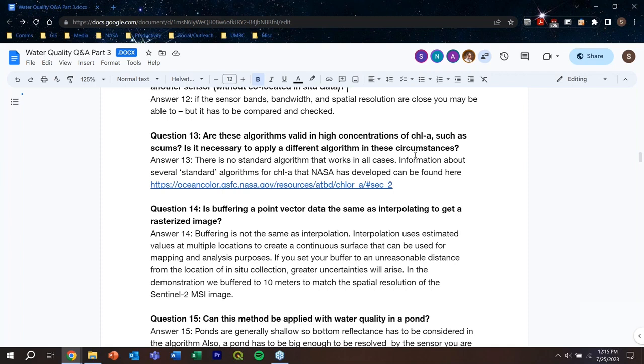Question 14, is buffering a point vector data the same as interpolating to get a rasterized image? I could see how there might be a lot of similarity and some confusion. So I would say it's not the same as interpolation. A fast and loose definition of interpolation is using multiple values and multiple locations to create a continuous surface that can be used for mapping and analysis purposes. These are usually continuous